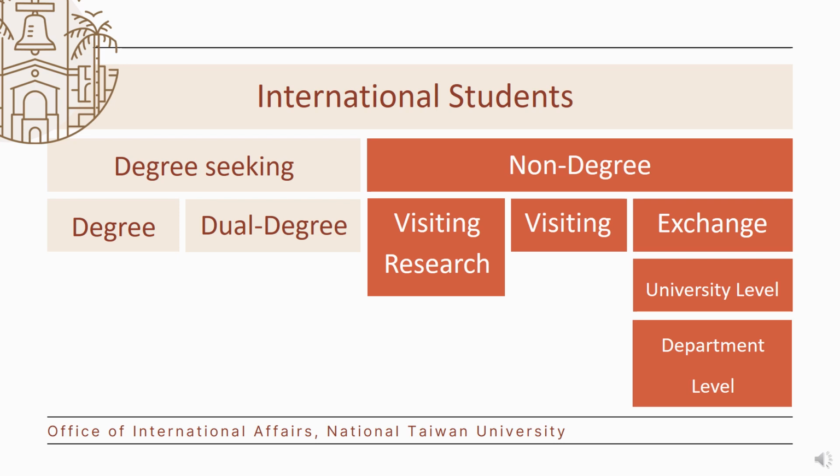So the international students that we are going to assist next semester are divided into two big categories. The first category will be the degree-seeking students, and the other one will be the non-degree students. The degree-seeking students, there are two kinds of programs. One is the normal degree program, where they're coming to pursue their master's, bachelor's, and PhD as you guys. And the different thing is that they have to pay the amount of the tuition fee as